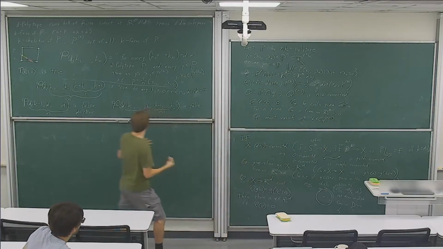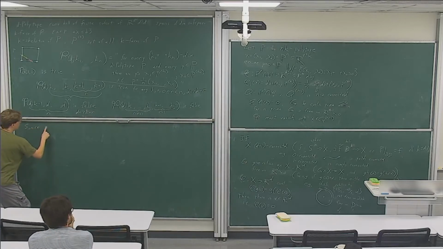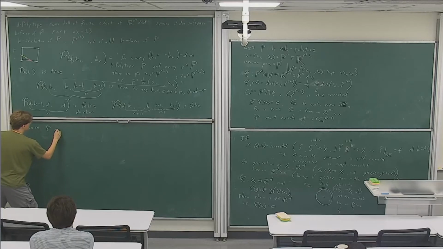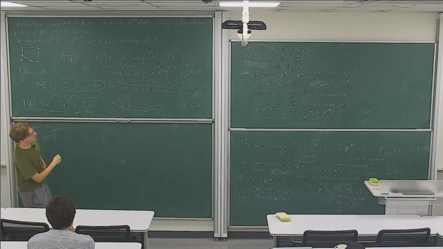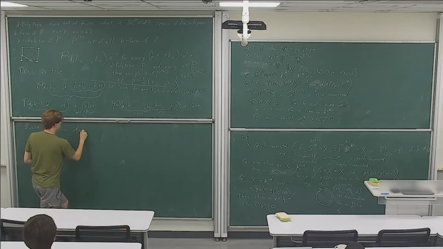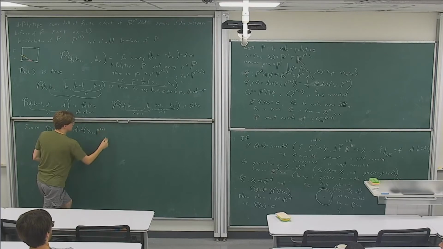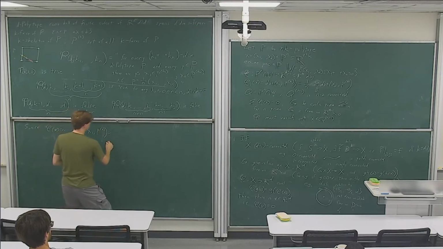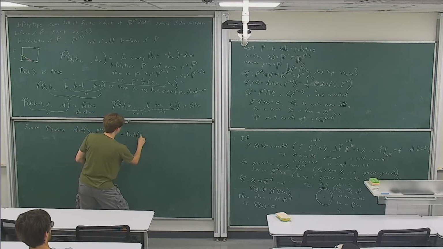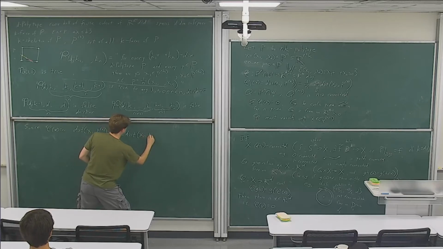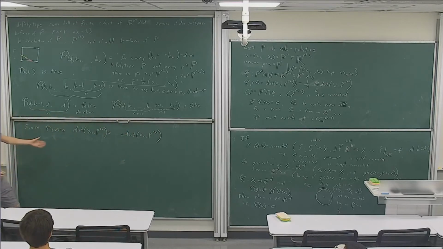So since phi of x is equal to 0, what this means is that the distance of x1 to the K skeleton is equal to the distance to x2, and so on up to, all of these distances are equal. And the other thing I can observe is,